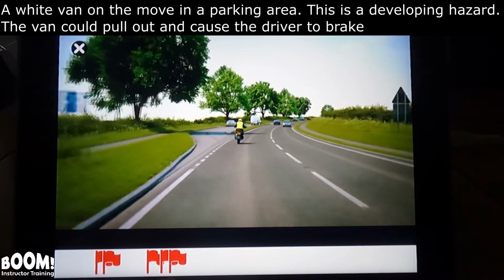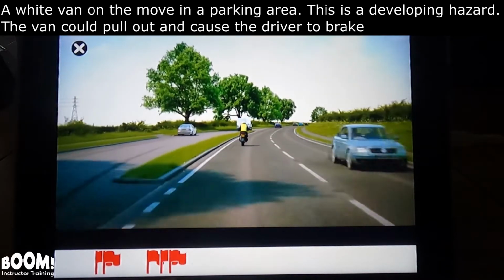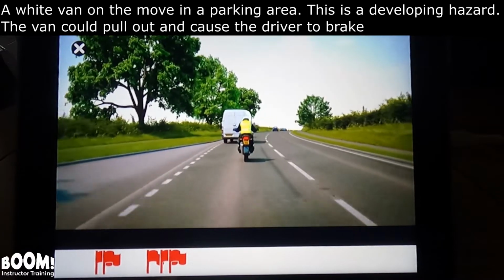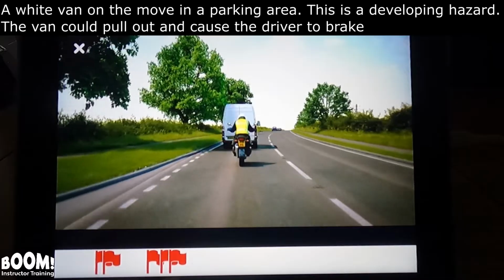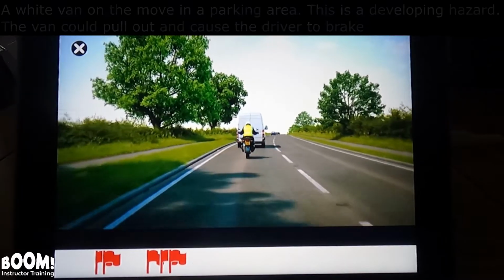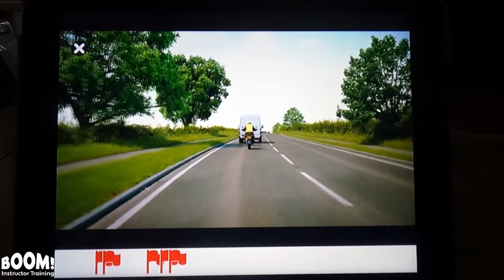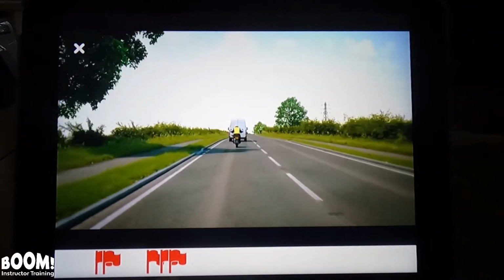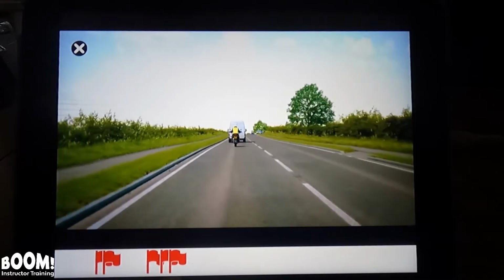It's a parking area and the white van is moving out of the parking area, joining the flow of traffic. Now, the moment I noticed that white van, I responded by touching the screen. So this time I was looking further ahead and I responded a little bit earlier than on the previous few